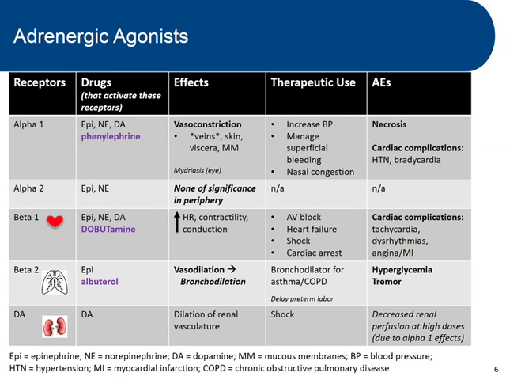So the body compensates for that in a variety of ways. So what we can see as a result of that vasoconstriction and those compensatory reactions are hypertension or bradycardia, and